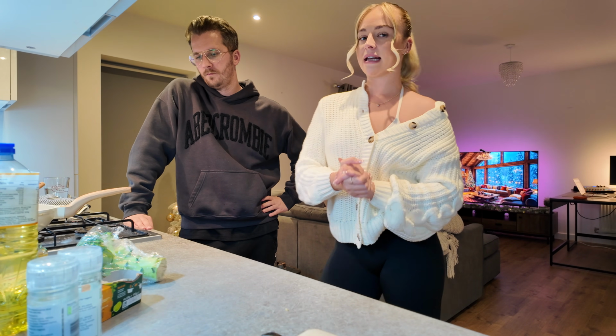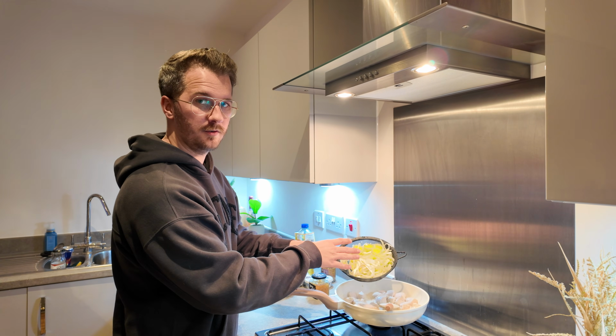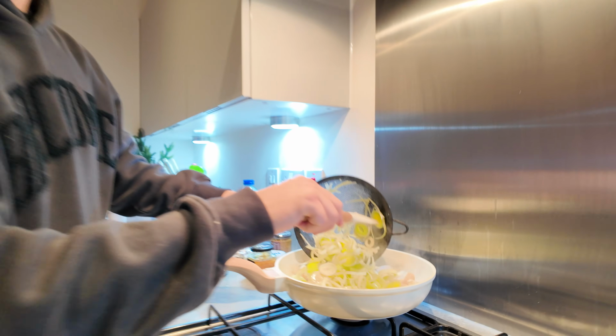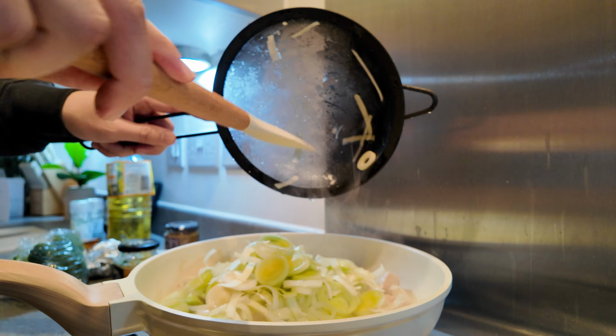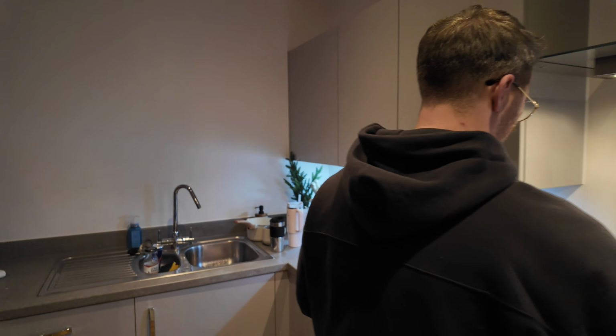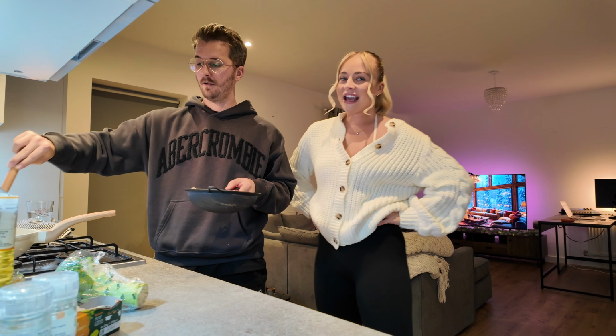We could probably put the leeks in now. Would you like to put the leeks in? I would love to put the leeks in. Yep. Hang on, let's get close up and put the leeks in. These are the leeks. We've washed those, as you've seen, and they're now going to go in. Nice. So the leeks are going in, and what you'll see forming is the filling for our pie. I know we said we're going to go back to basics, but we are really going back to basics. Well, we just want to make sure, and if you are cooking it along with us, or if you decide to cook this meal, this is going to be, yeah, because I want this to be...